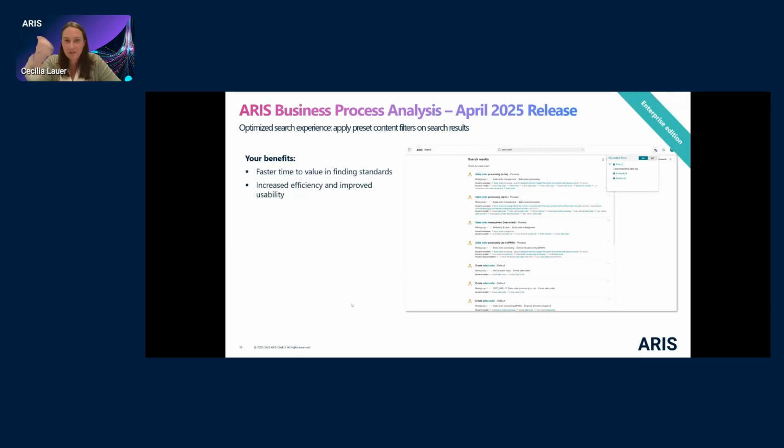We have that for the start page, and the same, of course, on the search results, where you can really focus attention and have much faster time to finding the right content and simply increasing efficiency. So you see, there's a lot to take from this